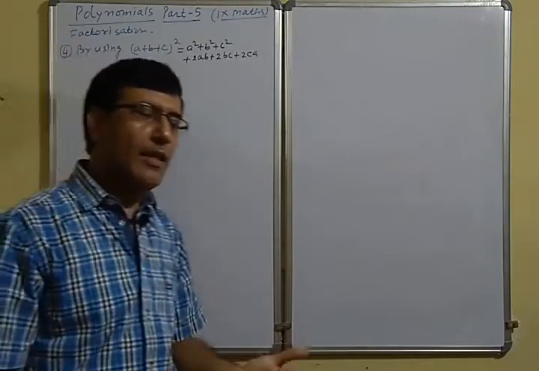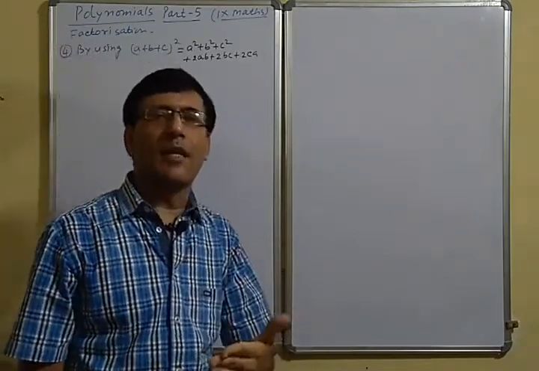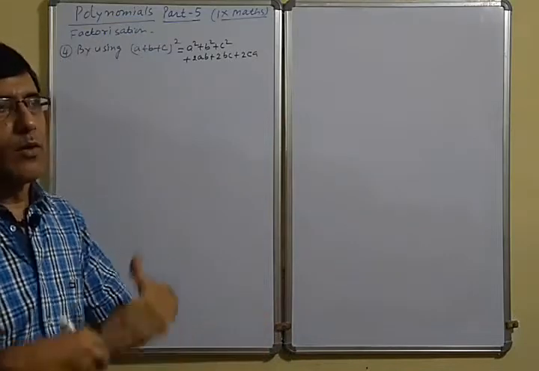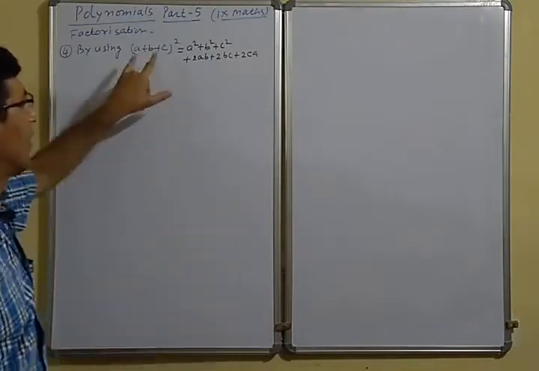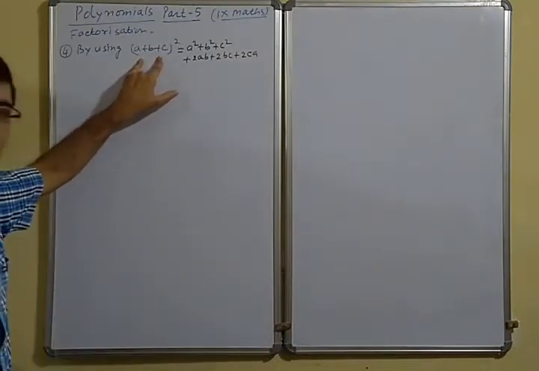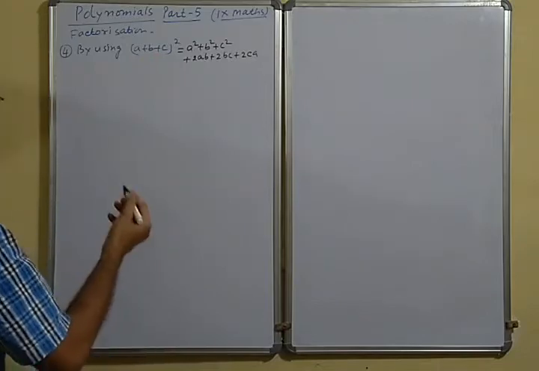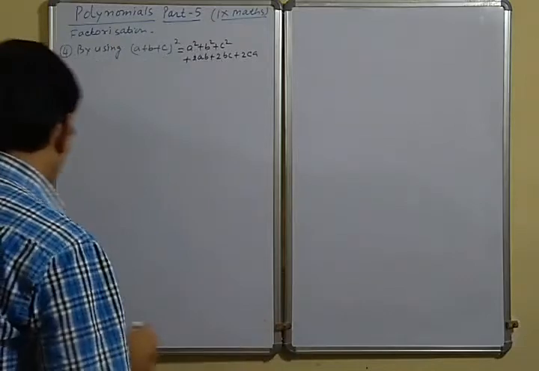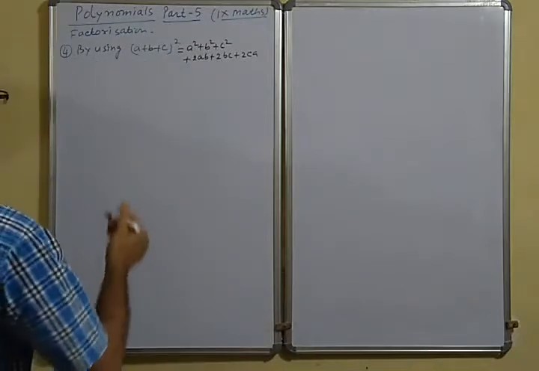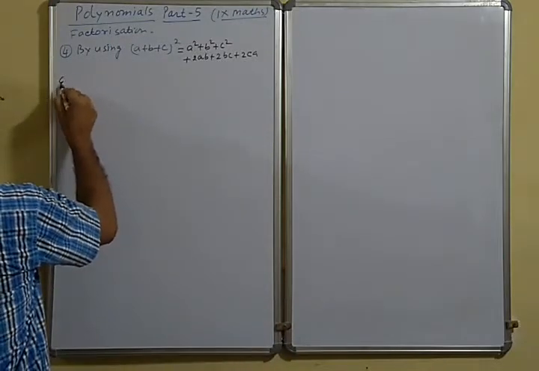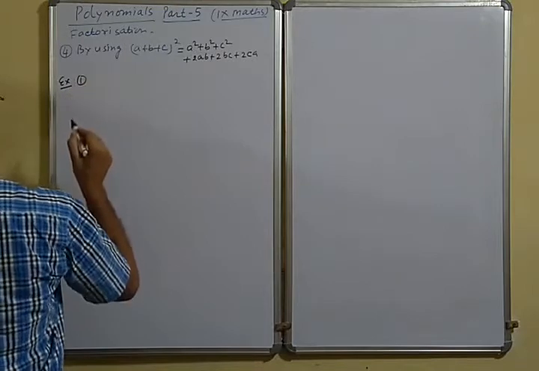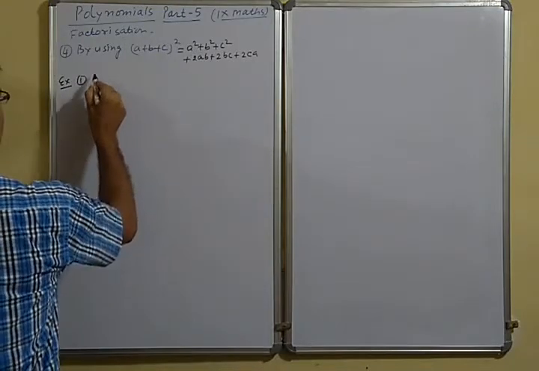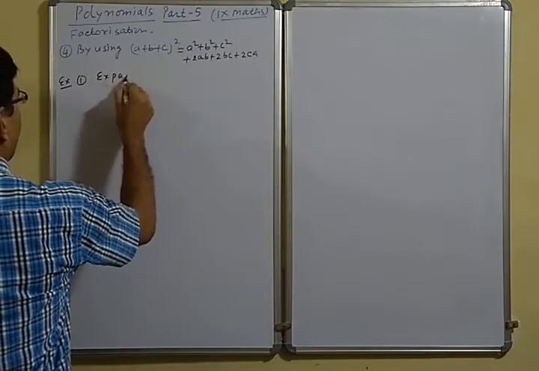Now the second one is, if in a question it is given, simply expand it. So whenever expansion is given, we will apply the formula (a + b + c) whole square. Now let us see a few examples to understand the expansion and the factorization. One example first is based on expansion. Now expand,